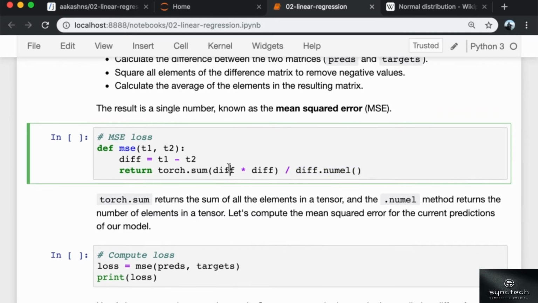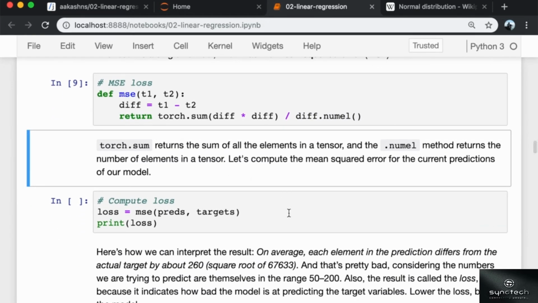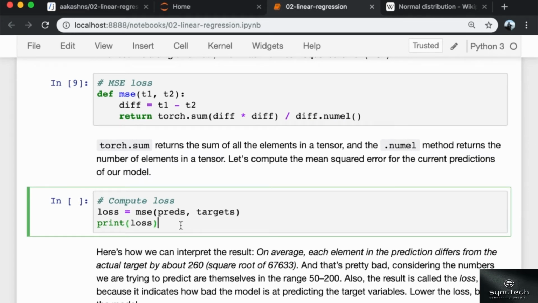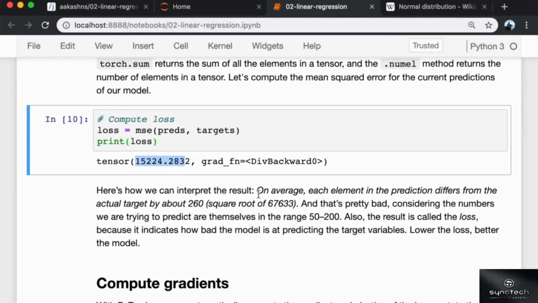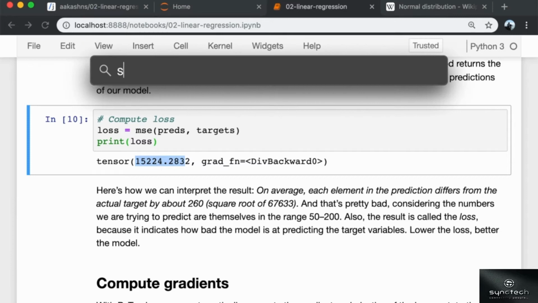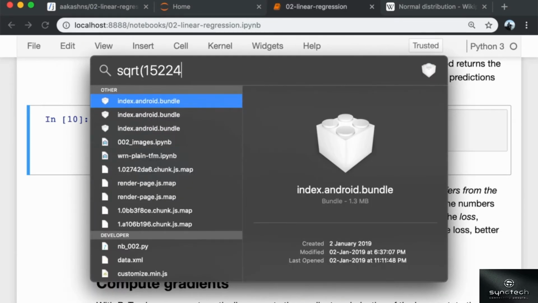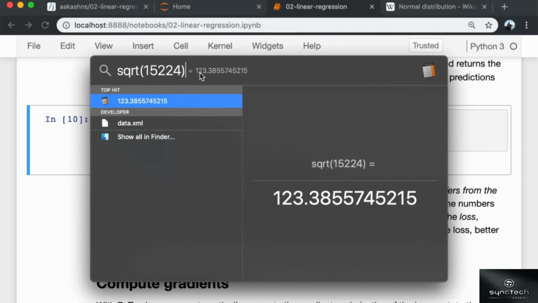So let us compute the mean squared error for the current predictions of our model, right? So we print this out, and this looks like a pretty large number, and this is how we can interpret the results. Now, on average, each element in the prediction differs from the actual target by the square root of 15224. So that's about 123, right?